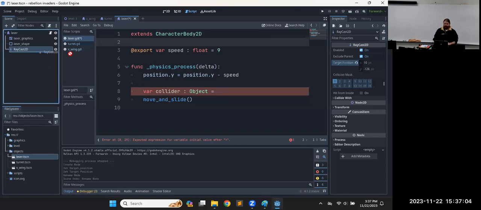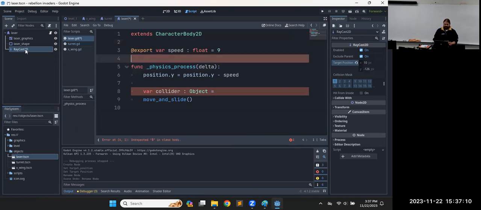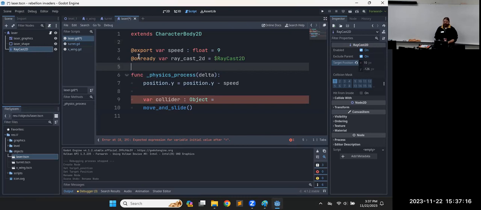But we need a reference to it. We can click and drag over, so that's how we would refer to it. Or, as I mentioned the other day, if you click and then hold control and drag over, it gives all of the code that we need. So this annotation, @onready, that's an alternative to putting it in the ready function. We'll create this variable and then assign it to the thing that we dragged from the hierarchy over there. And then we can just ask for that. Notice it gave us the variable name and everything. So that raycast ID dot,